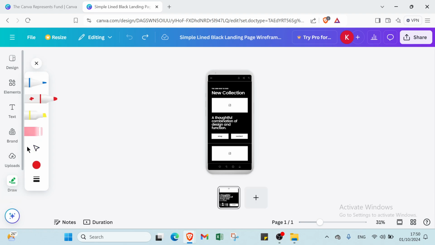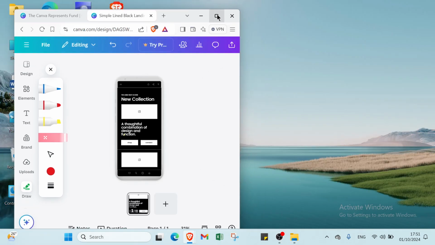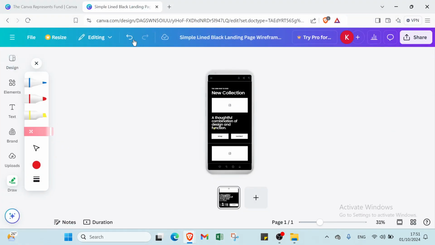Then you have your draw. You can just write whatever you want, for example, like that. You can draw whatever you want. Then you select the color that you want. If you wanna delete it, you click over here. It's an eraser. So I will select it, as you can see. So if you wanna come back, you can just go over here and you come back. Then if you wanna color here,